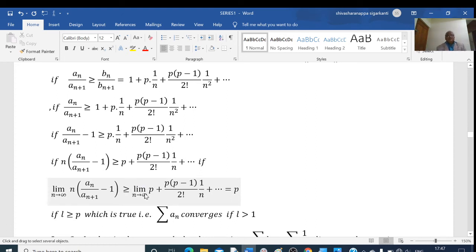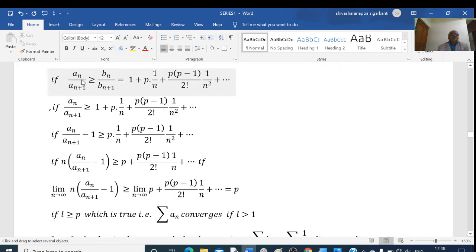What is on the right hand side? As we are taking the limit n tends to infinity, here we have n in the denominator, which becomes infinity, therefore this becomes 0. The next term also has n in the denominator, and the next term also has n in the denominator. Those terms also become 0. That is, all the terms after the first term will become 0 if I take the limit as n tends to infinity. Only the first term remains here. So the right hand side is equal to p.